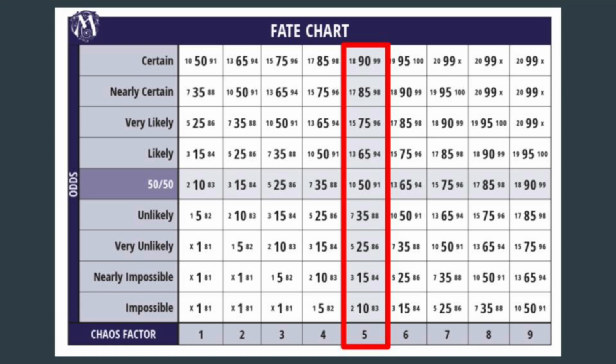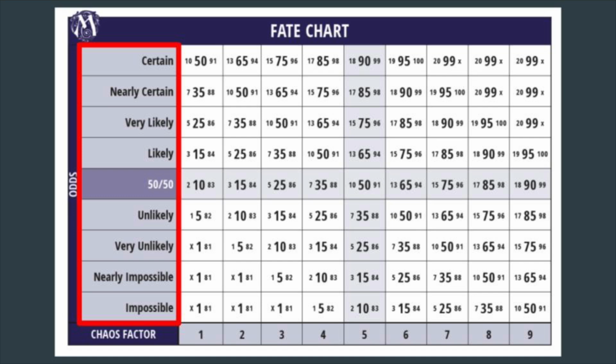To use the chart, we just frame up a yes or no question. The question should flow from the narrative, and a yes answer should be something that gives us an interesting and active thing to engage with. Once we have the question, we're going to assign odds. The odds will be one of these values, listed on the left side of the chart, ranging from certain down